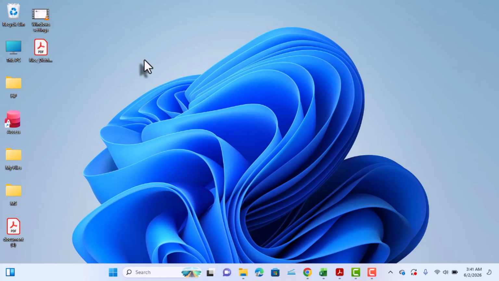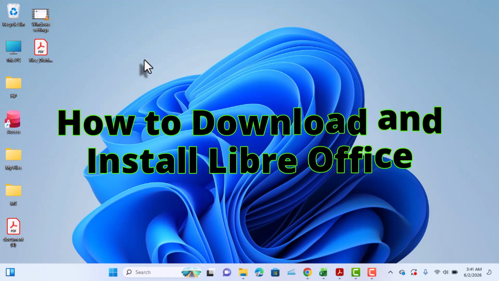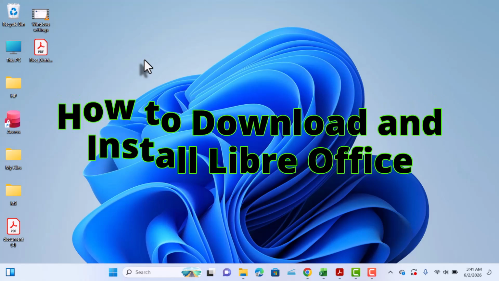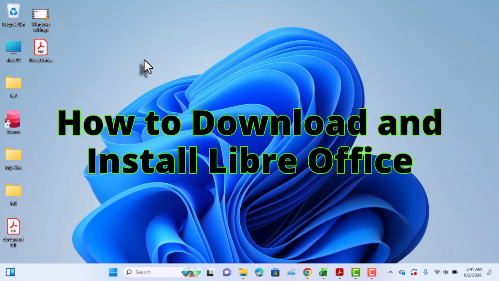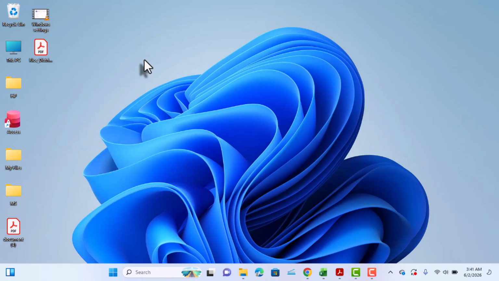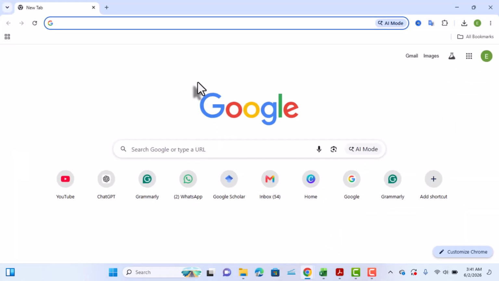In this video, I will show you how to download and install LibreOffice in your Windows PC. LibreOffice is an open source office suite that is the best match to Microsoft Office. To download and install LibreOffice on your Windows, simply open your browser and on the address bar type